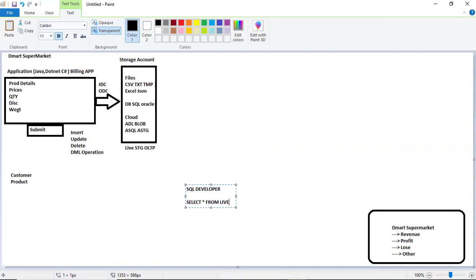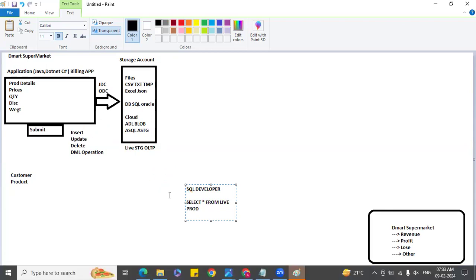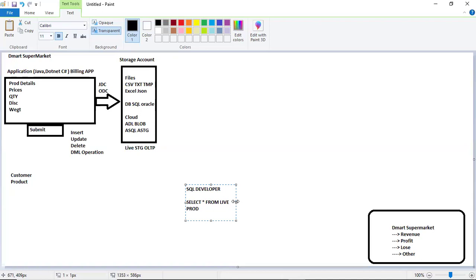He can write a query on the product tables and get the information. He will query the data and return it. But the problem is that when your store is running, you cannot query the data. Your store is running from 9 a.m. to 10 p.m. at night, and you cannot run any queries.